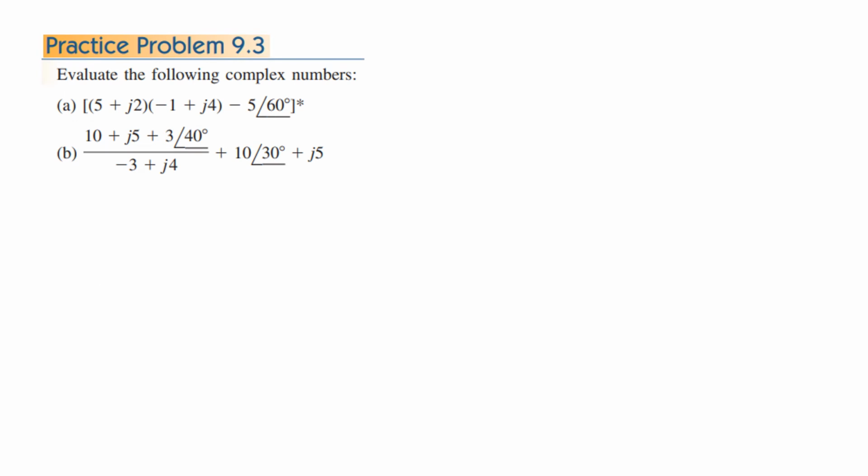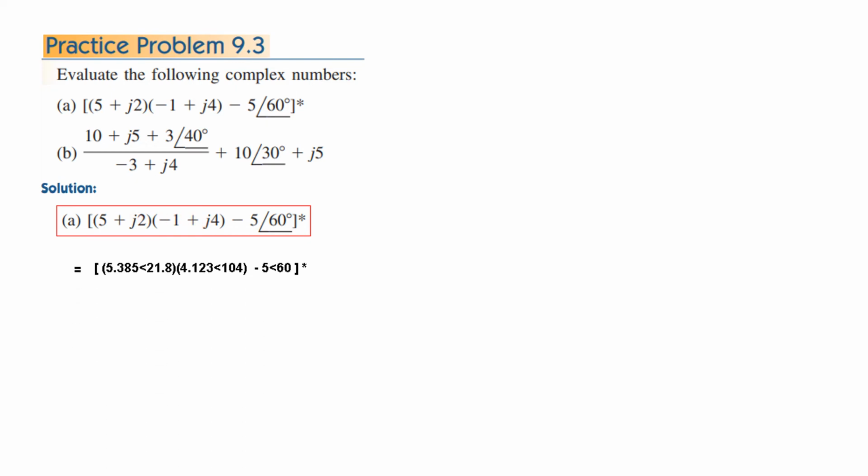Now we'll similarly solve the practice problems. Part A. This is part A. You can see there is a conjugate here, and these two have to be multiplied. So first of all, for multiplication we convert them into polar form. Converting into polar,